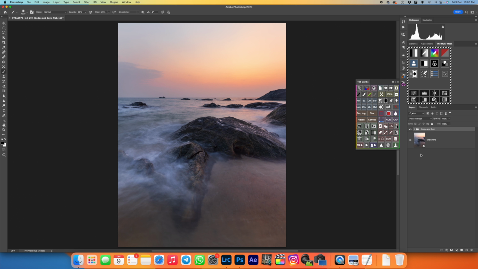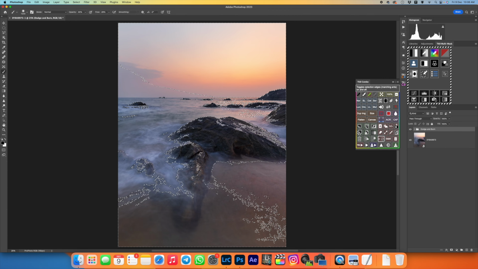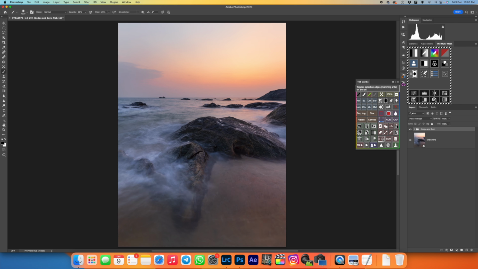Next, I'm going to add some color. And before that, I'm going to remove this selection. Remember, the selection was hidden. This is to hide and show the selection. Right now, the selection is shown. Right now, it is hidden, shown, hidden. I'm going to remove the selection by hitting Ctrl D, and I'm going to make a fresh selection. And the fresh selection is so I can add